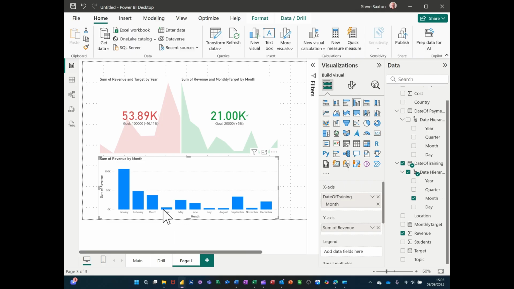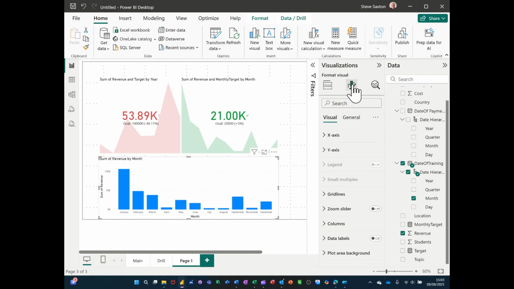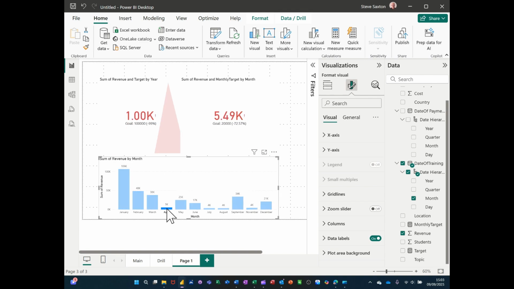So you've got April there, and if I add the data labels on this, if I go to the format option, go down and put data labels on so you can see the scores on the doors. So that's August 5k. If I click on that, so that's telling me it's 72% below the goal. And you can see these other ones that are below the actual goal, and then the ones that are above. And then some of these you can see that you get quite a large increase,